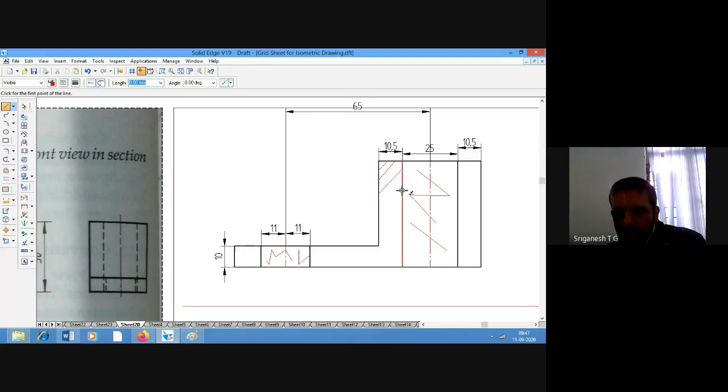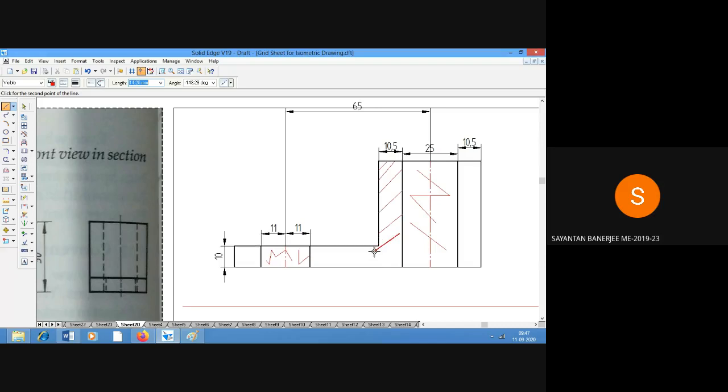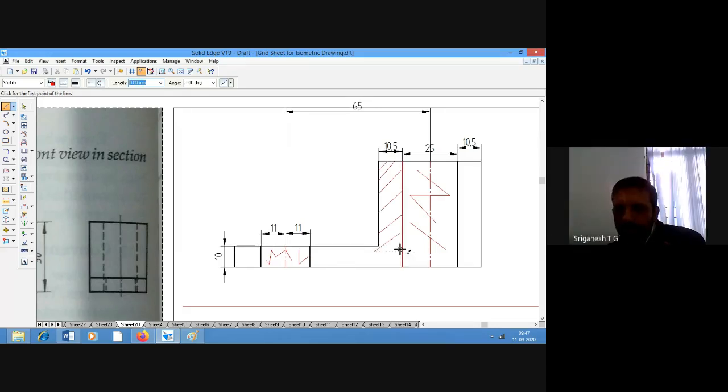See, in this portion and on all the sides, it is a single object, so you have to hatch at only one of the 45 degree directions. Either you use it like this or you use it like this. Don't mix and match. Do not do both ways.